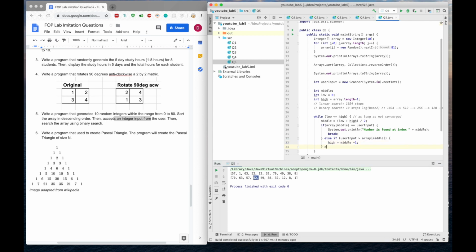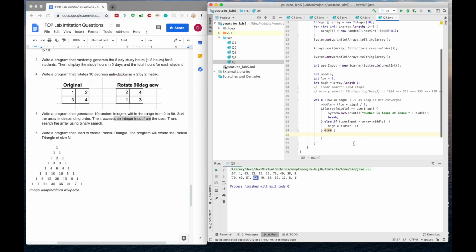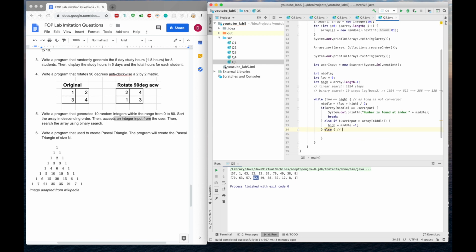Okay, and same thing for the other side. This case is when user input is less than array middle. So if the value that we want to find is smaller than this value, we have to change the low from 70 to 38, which is middle plus 1, which is to the right of the middle. Okay,